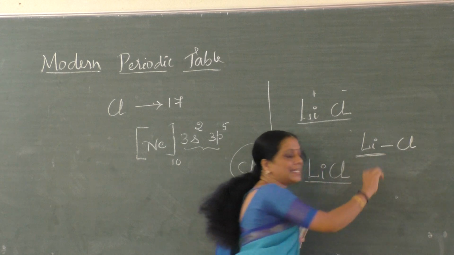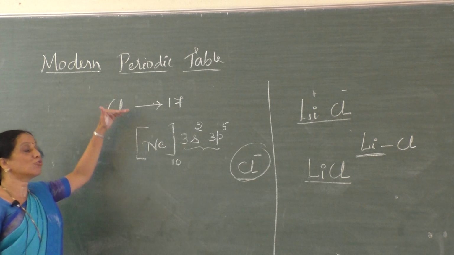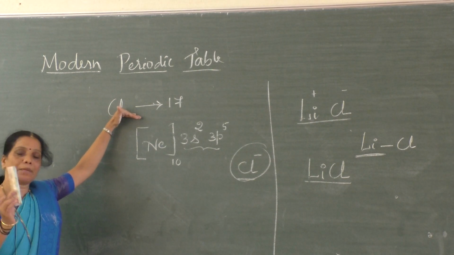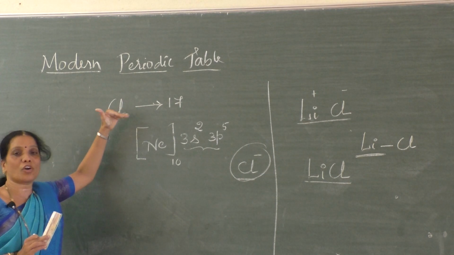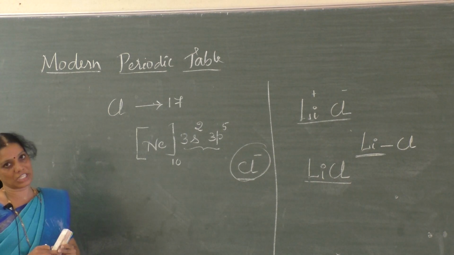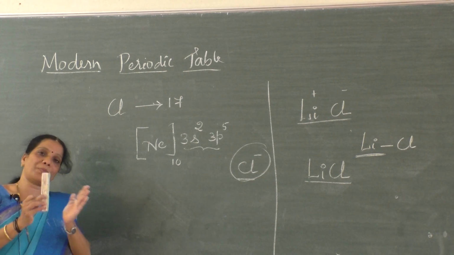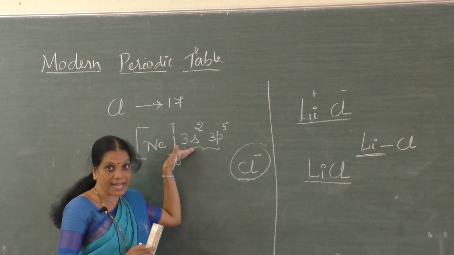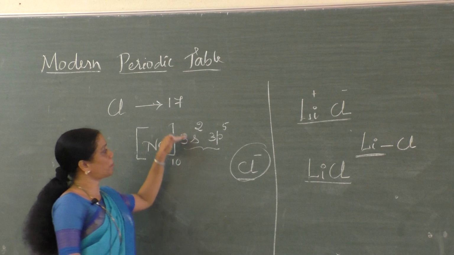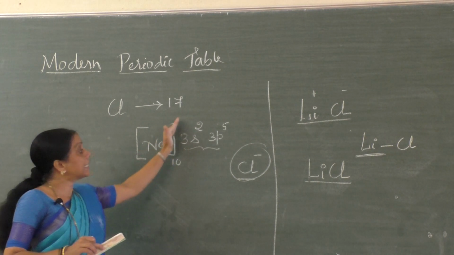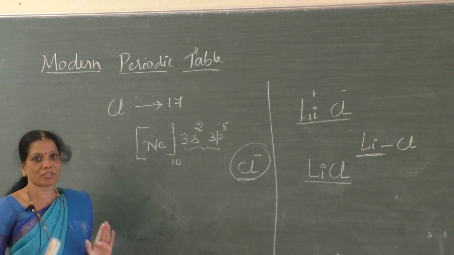Hence, the valency is nothing but the combining capacity of an element. How to calculate the valency? Valency can be calculated by writing the electronic configuration of that particular atom. In that electronic configuration, always the electrons present in the outermost shell decide the valency of an atom. Followed now? The electrons present in the outermost shell decide the valency of an atom. Very important concept you have studied, students.